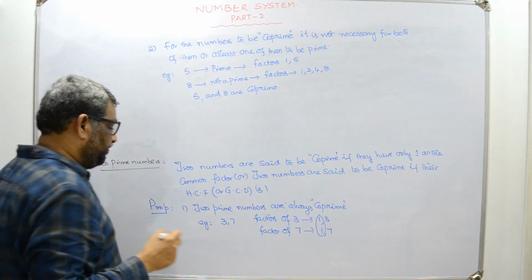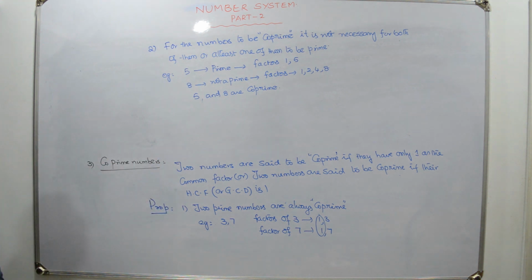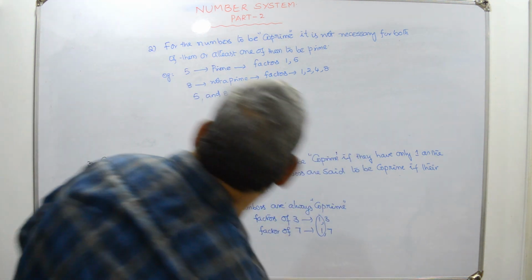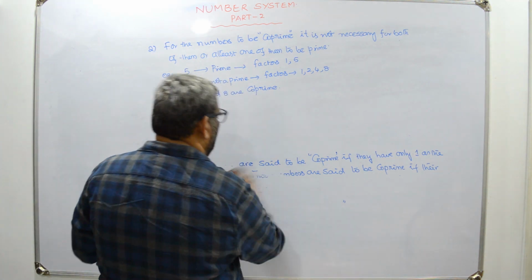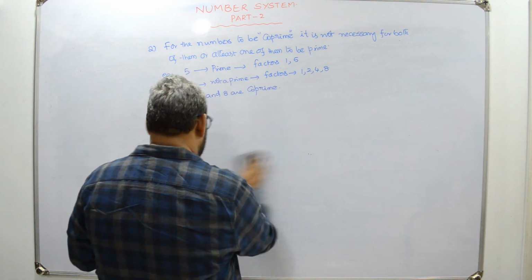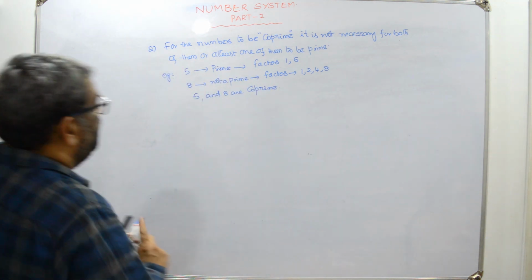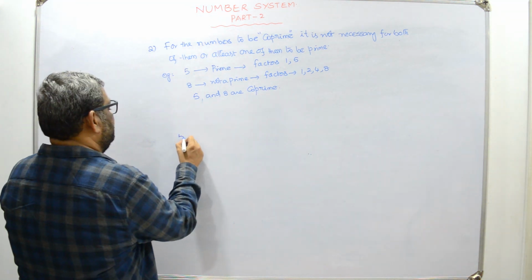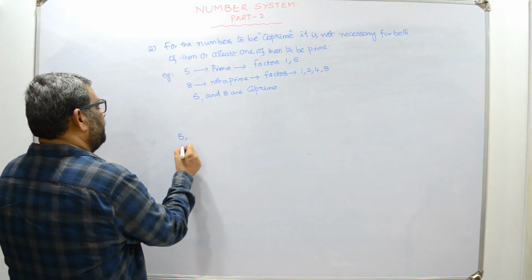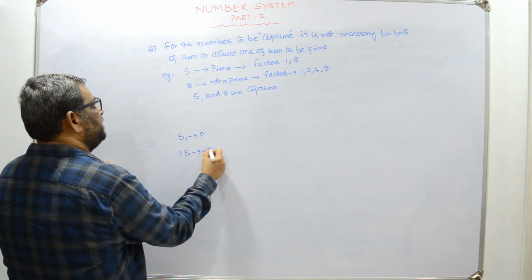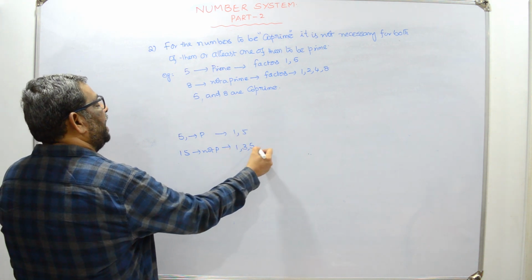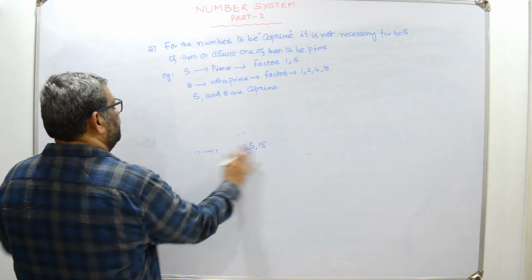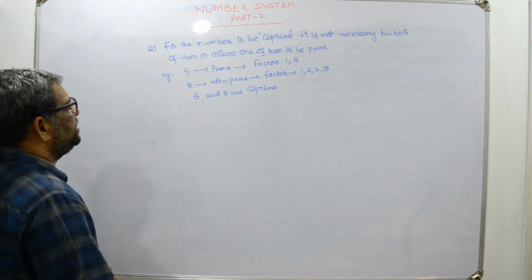So you can observe like this. Here you can observe that both are chosen to be prime numbers. Of course, whenever you choose both to be prime numbers, definitely they are co-prime. Even if one of them is a prime number, they may also be co-prime. But if you take 5 and 15, of course this is prime, this is not a prime. The factors are 1 and 5, and here 1, 3, 5 and 15. So 5 is common.